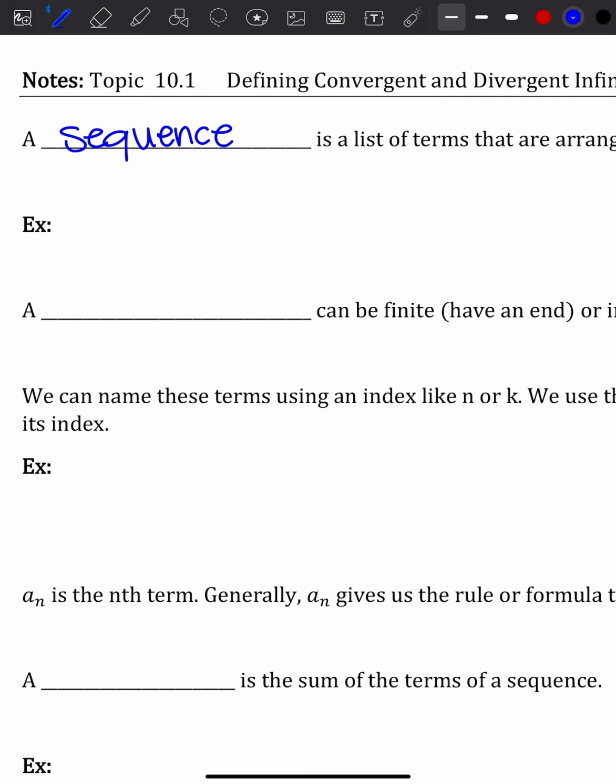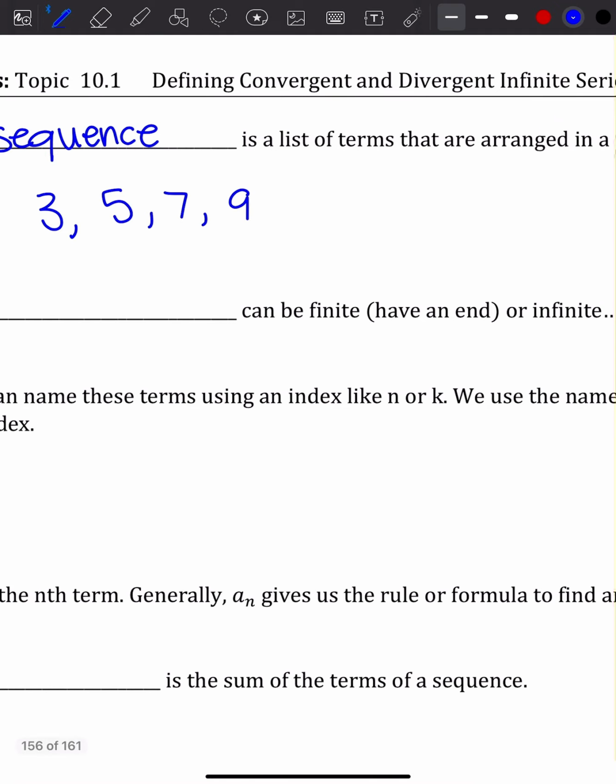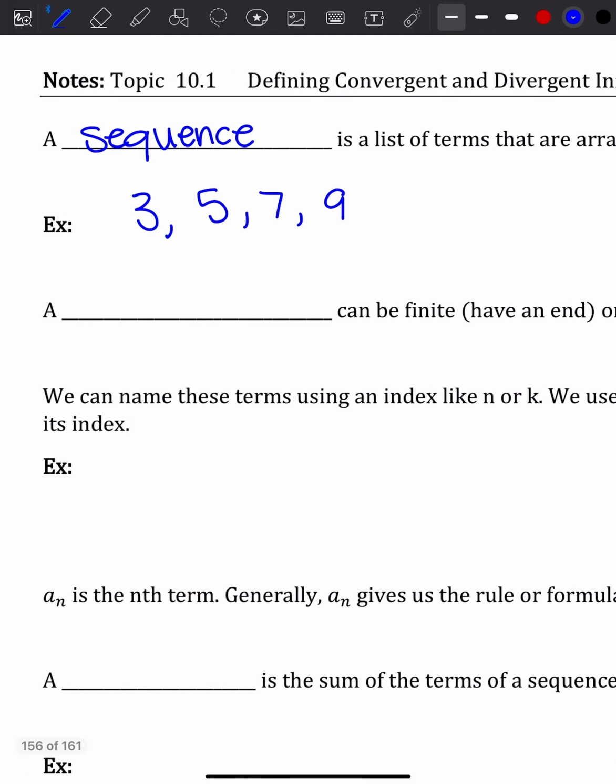This can be any kind of list, so it could be something like 3, 5, 7, 9. It's normally a list of numbers separated by a comma to give us a sequence. A sequence can be finite, it has an end, like we have up here, 3, 5, 7, 9, or it can be infinite. So it can go on forever, and we show that by just adding our dot, dot, dot. So this is now an infinite sequence